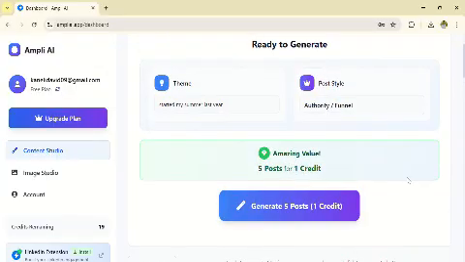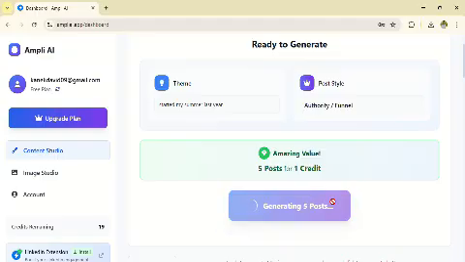You'll generate 5 posts with 1 credit. So you're going to click generate 5 posts for 1 credit. If you have 20, you'll already be remaining with 18 credits. The good thing is you'll be able to generate 5 posts and you can edit them the way you want, because